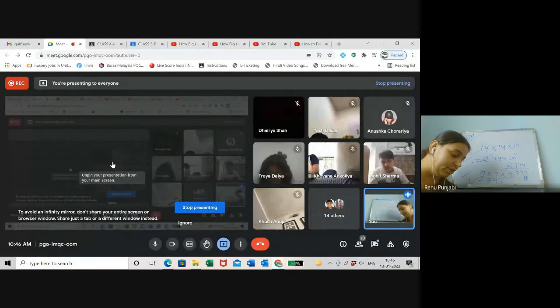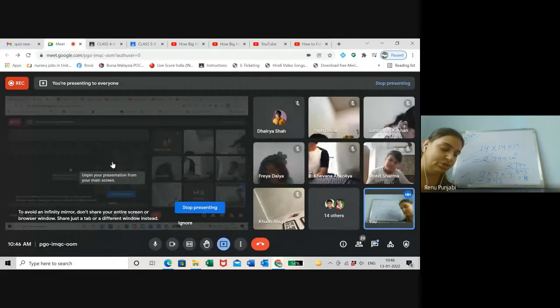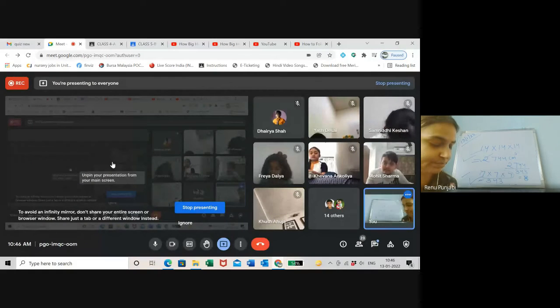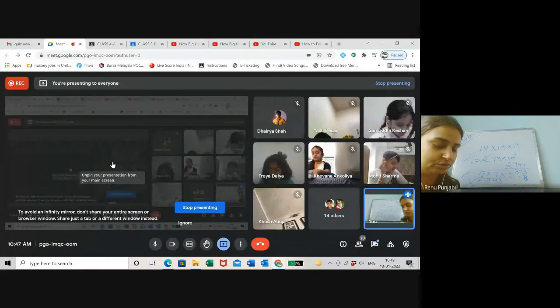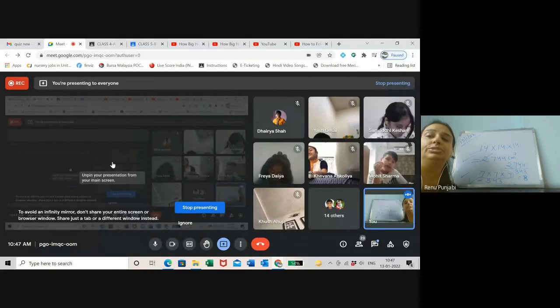So will it be able to fit all the 4,000 cubes in these 3 boxes? I find we need more. So they are discussing whether the 4,000 cubes will fit inside. So you need to find the volume of the first box, second box, and the third box, and tell me, are all 4,000 going to fit, or will they have to add another box here? Find out and tell me, students.